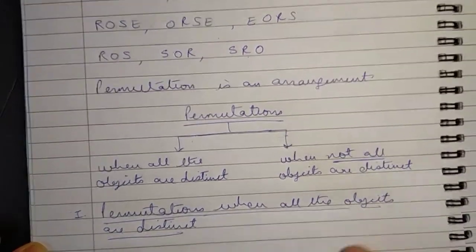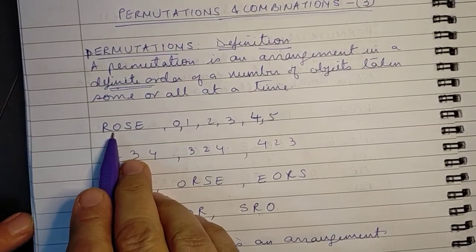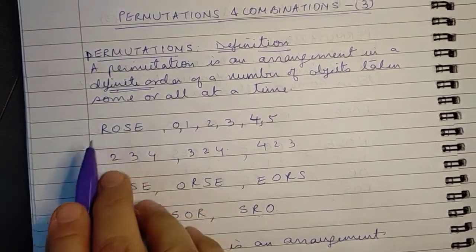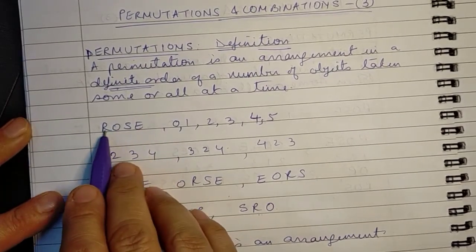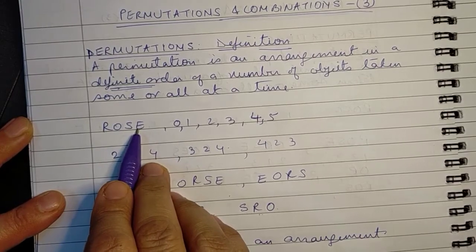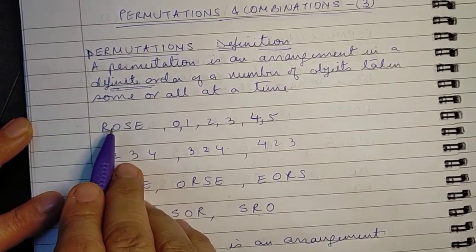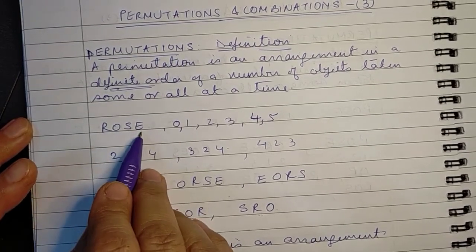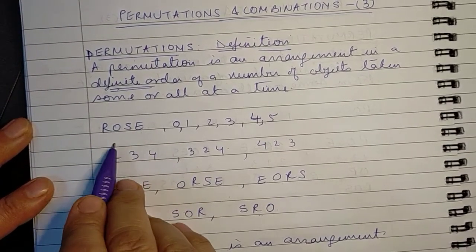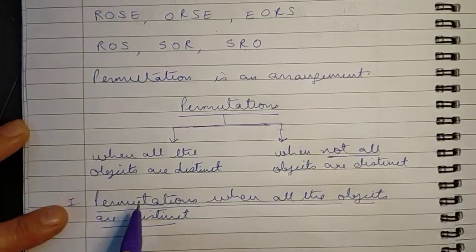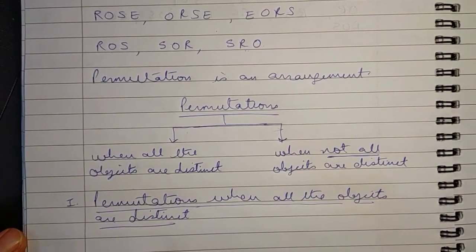It's a case like the word ROWS. With all the objects given, we are to form either two letter words or 3 letter words or 4 letter words using the alphabets or letters of the word ROWS, and clearly every alphabet, which is now the object, is the alphabet of this word, so every alphabet is unique or distinct, and this is the case which comes under permutations when all objects are distinct.